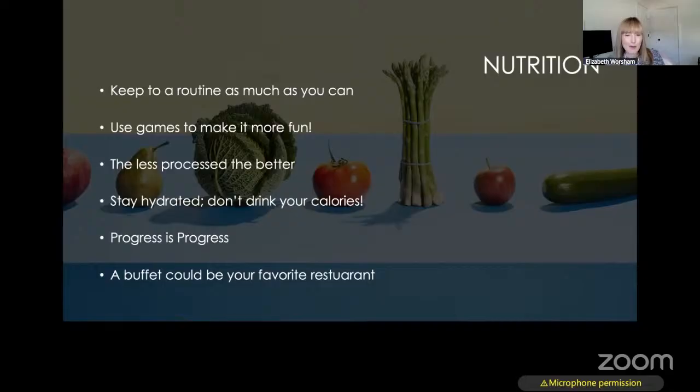And a great tip I learned from a colleague is a buffet restaurant could be your new favorite restaurant. When you're trying new foods or trying to be healthy, it's a lot of work to prep the veggies or make a nutritious meal. Insert the buffet. They have lots of fresh veggies there already prepped for you, so you don't feel so bad if they don't like it. Worst case scenario, I think every buffet has fried chicken or French fries or ice cream. So you can try the healthy things, and if not, you haven't put too much effort into it.